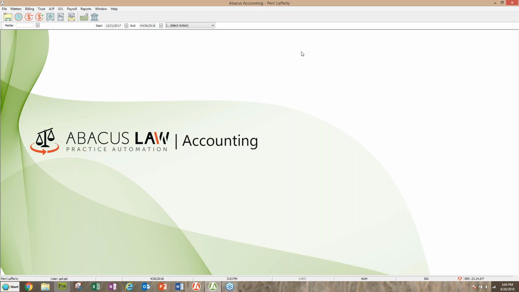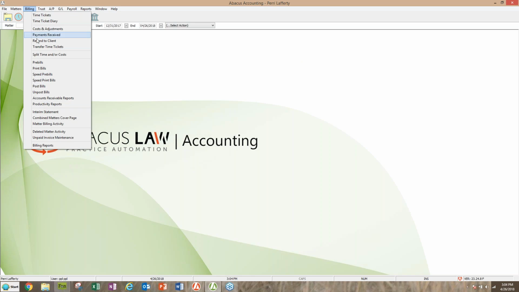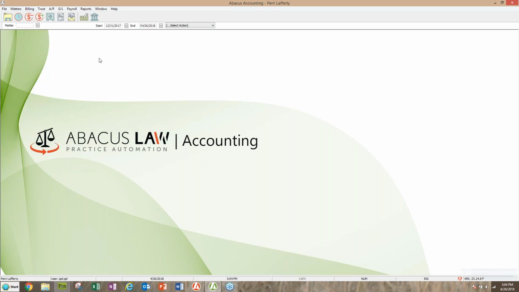This does require a little bit of setup. It is a special kind of billing that Abacus does. It has its own option here on the billing menu to split time and or cost, so that's only used for split billing. You have to set up a master name, and then in Abacus Law, you have to set up a master matter and then a matter for each of the sub-parties. And then when they're over here, because you did the bill tos,